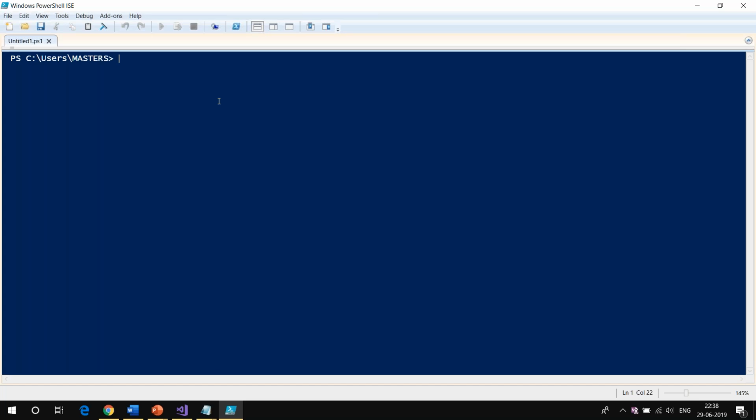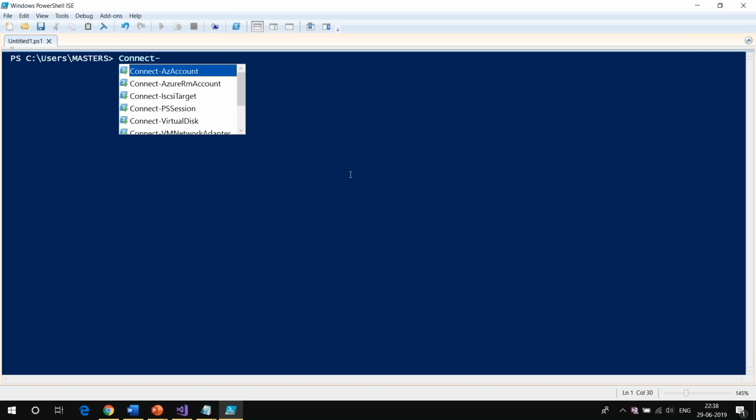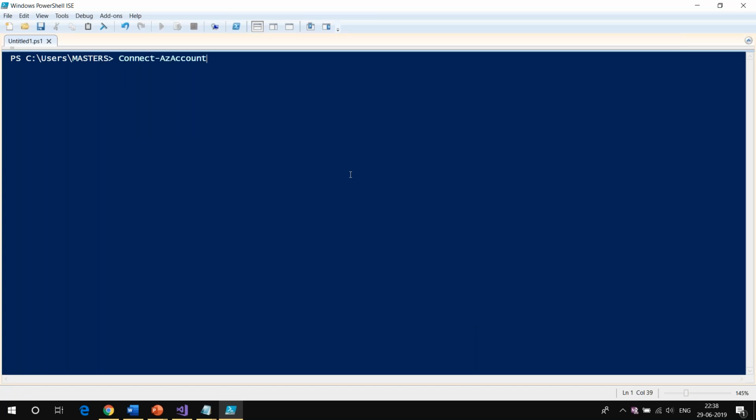First of all, before I do the deployment, I have to connect to my Azure account. How do I connect to my Azure account? I'm going to run one single command called Connect-AzAccount. Now, before you do that, of course, you have to do the setup, which you can look into the document. After you do the setup, you can run Connect-AzAccount.